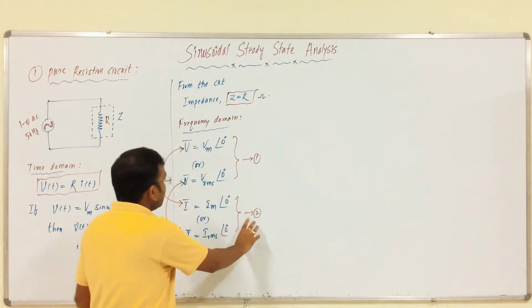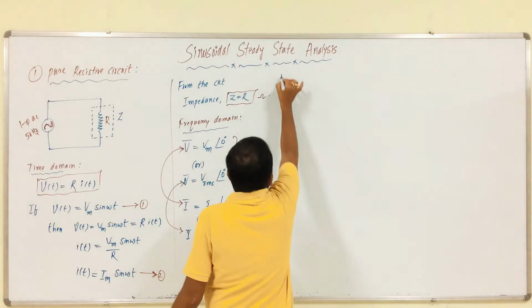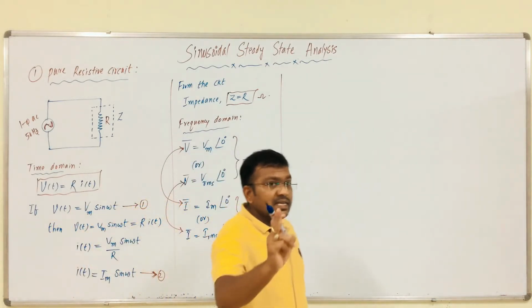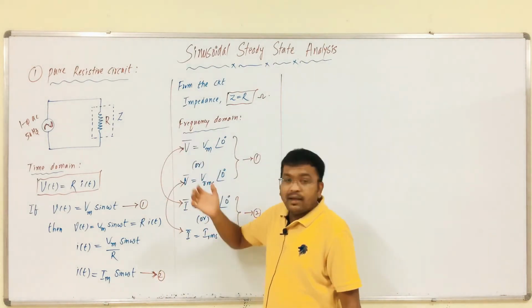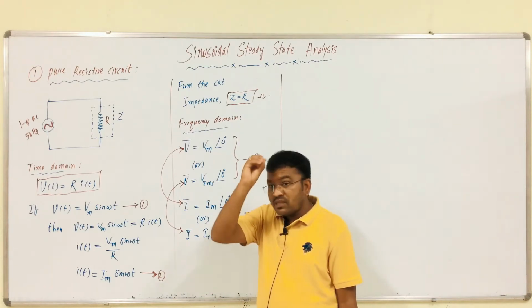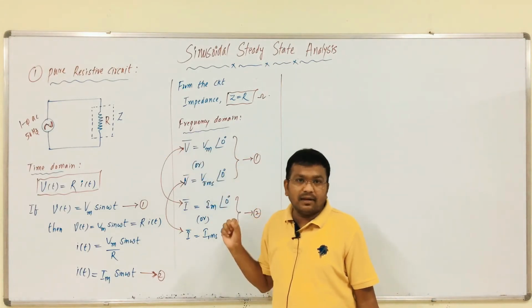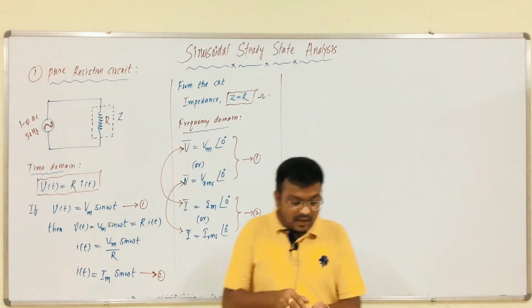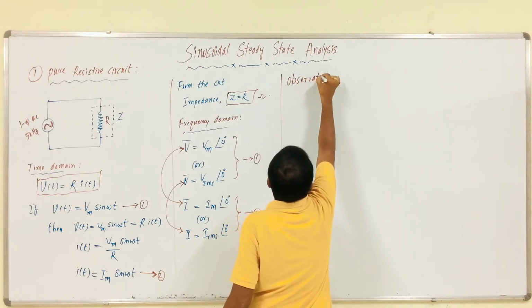This is with respect to frequency domain. Clear? Now we have to observe some important points. For every circuit there is a systematic way of approach. First you have to draw the circuit diagram and make the analysis. Later we have to discuss the observations. Those observations totally depend upon the analysis that we did earlier. These observations are very important. Observations.